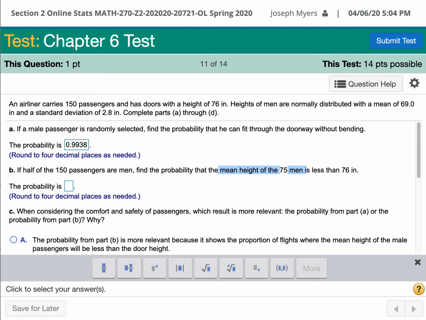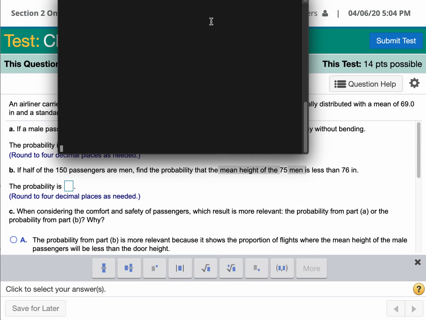What happens to the standard deviation when you don't have one passenger, but you have the mean height of 75 passengers? Well, you have to divide the original standard deviation by the square root of